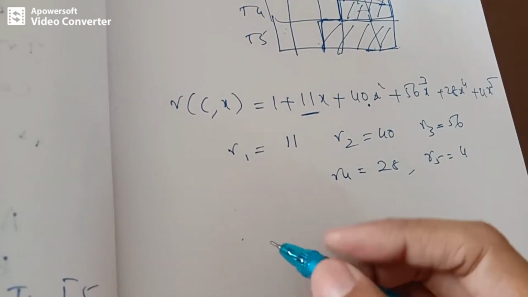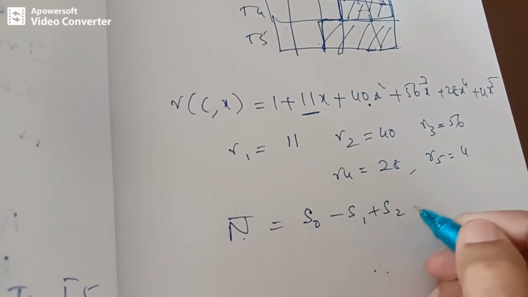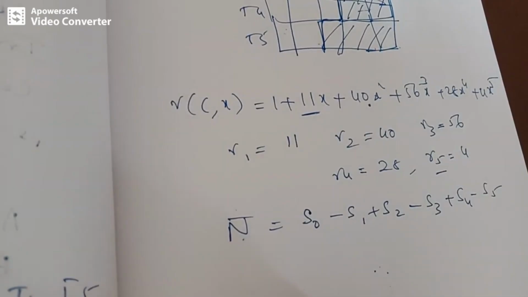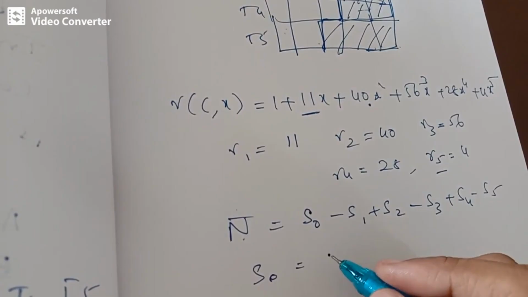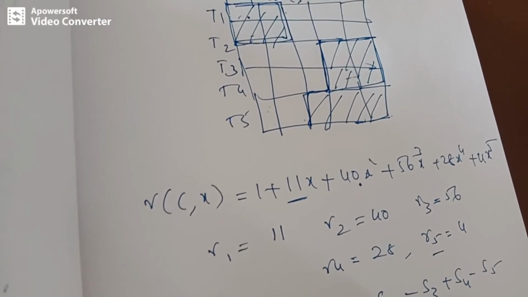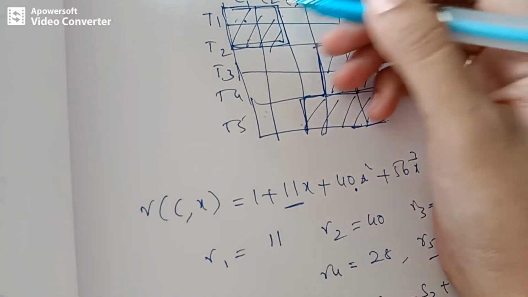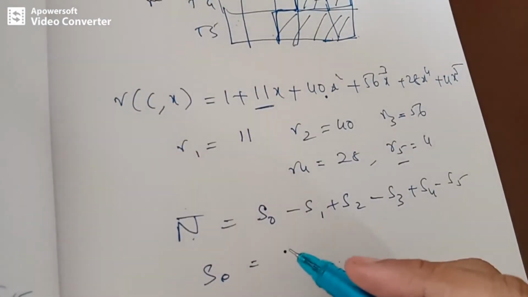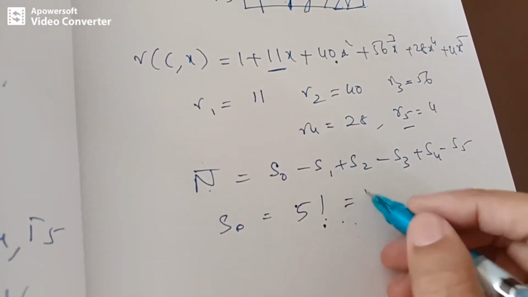Right. So we have to calculate what is N complement as per the question. It is nothing but S0 minus S1 plus S2 minus S3 plus S4 minus S5. You have to calculate up till the value of R5, right? So S0 is given by n factorial. That means n represents how many ways the class teachers are to be assigned to the classrooms. So the value of n is here 5, 5 classrooms. The value of m is 5. So I will be writing it as n factorial or 5 factorial, which is 120.